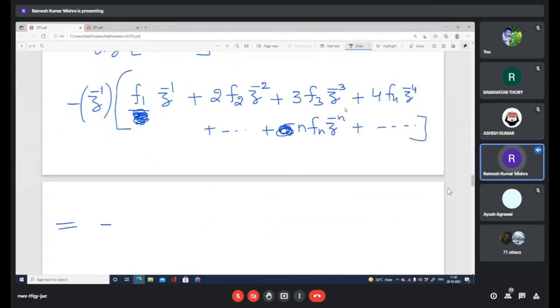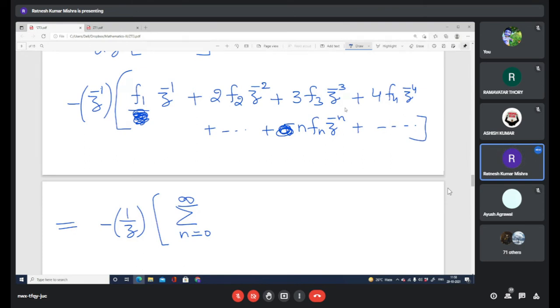So minus this is 1 by z. Now see here, this is summation n equal to 0 to infinity, and 1, 2, 3. This will start not